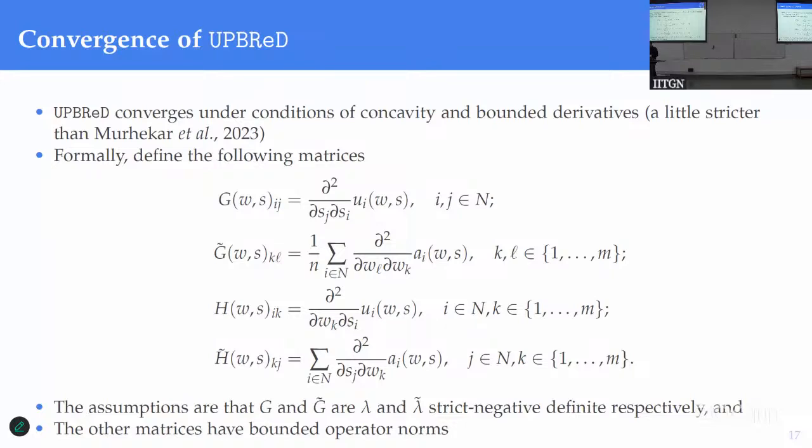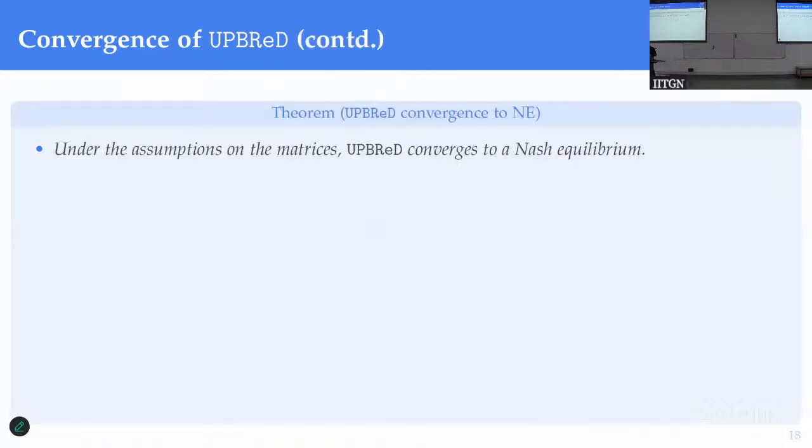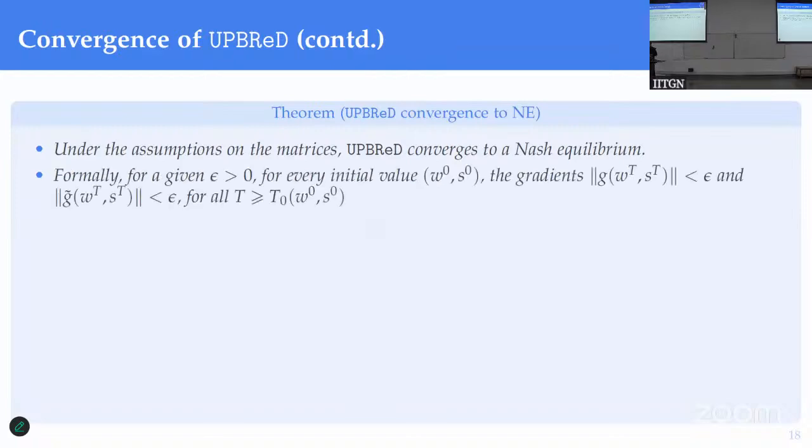Under these assumptions, we can show that this best response dynamics actually converges to a Nash equilibrium. Saying it more technically, if you give me any epsilon, for every initial value W_0 and S_0, we can ensure that after a certain number of rounds, where the number of rounds depends on epsilon, W_0, and all these parameters,